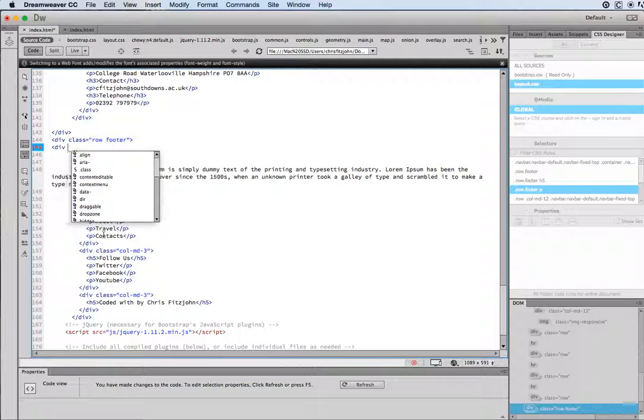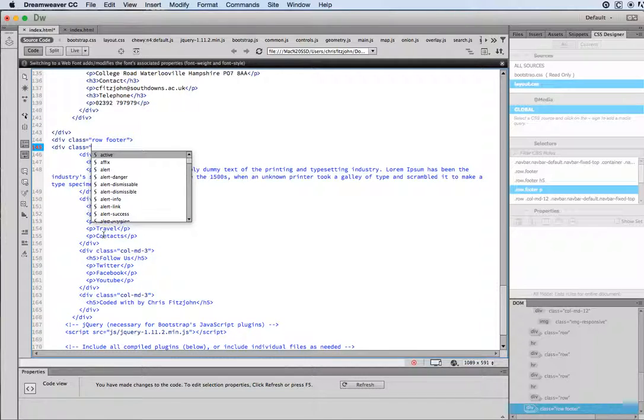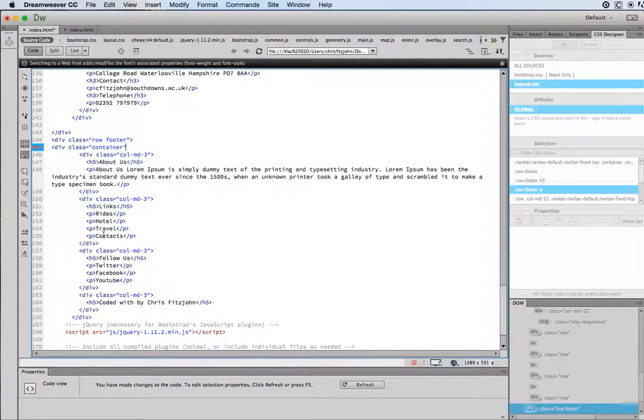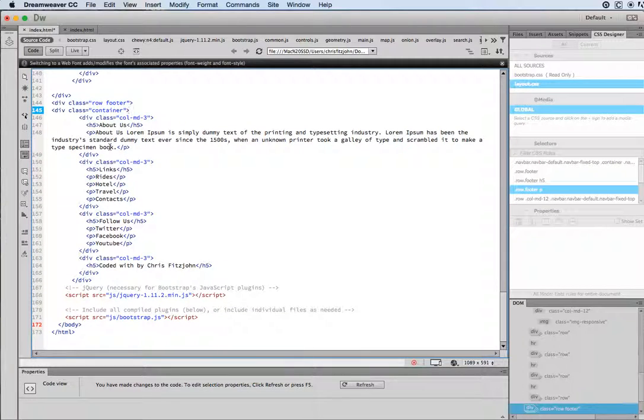and we need to add a class, and we need to put in there our equals and our speech marks, and we are now looking for container. So I just need to type in the first few letters and it should pick it up, and then if I press return and then add our speech marks and our closing angle bracket, I now need to just close that div off. So I need to come down to where my footer ends. So if I click that row div,